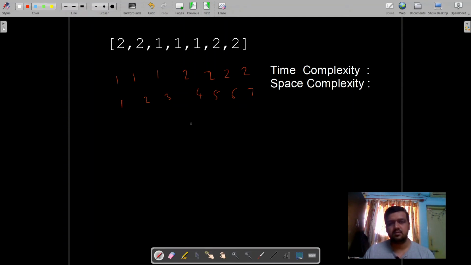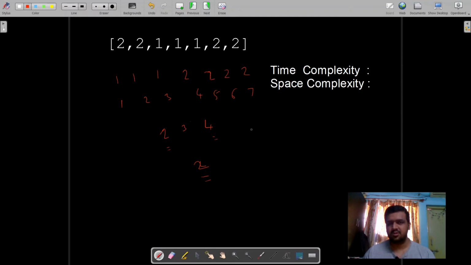If we divide 7 by 2 in integer operation, I get 3. So if I check the element at index 3 in zero-based terms, the fourth element, I can easily get the majority element. Since here 2 is the majority element, I can simply return 2.